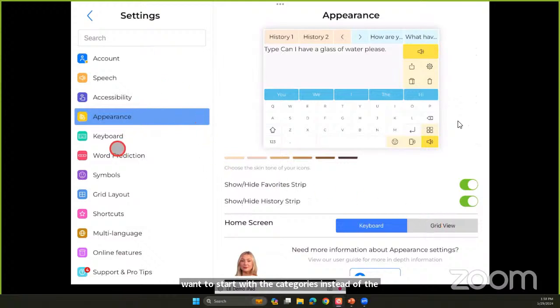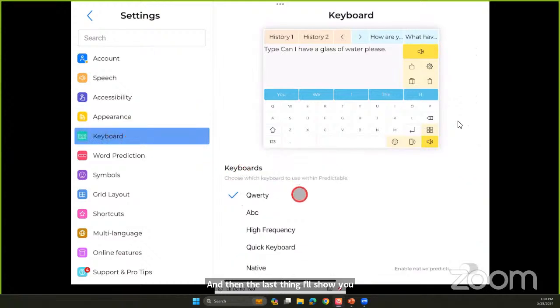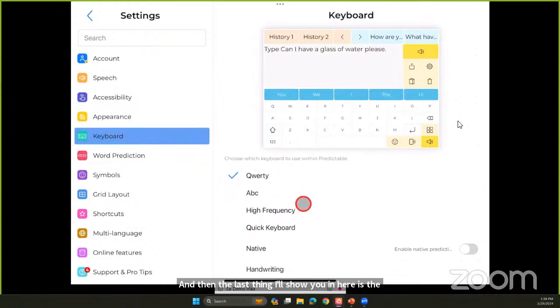And then the last thing I'll show you in here is the keyboard. And here you can do the different kinds of keyboards. So if you want it to be ABC, you can see the keys go in that order. High frequency will put things in an order for when they're most frequently used.